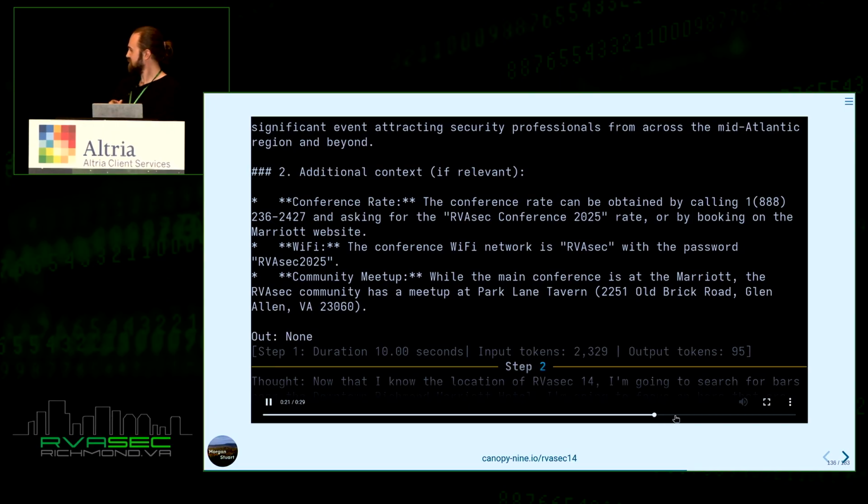Yeah, well, that's disappointing. But anyway, what's going to happen here, of course, is it's going to get nice search results of the bars in the area nearby and give us a nice list of recommendations. They're all real bars in the area because it actually did that web search.